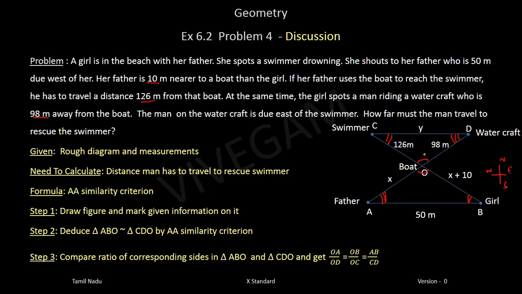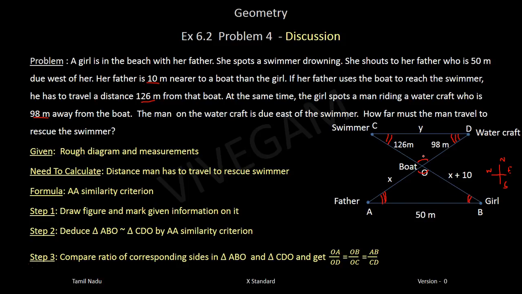Once they are similar to each other, then we know the corresponding sides are proportional, which is nothing but OA divided by OD will be equal to OB divided by OC, and that will be equal to AB divided by CD, because this is a triangle. First we are taking this measurement. Now we have to be very careful. That is where I'm saying, let's say this is the